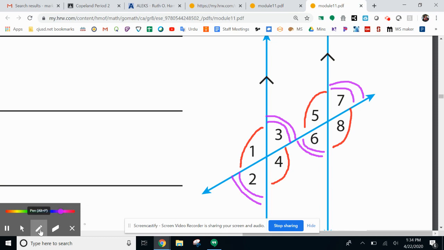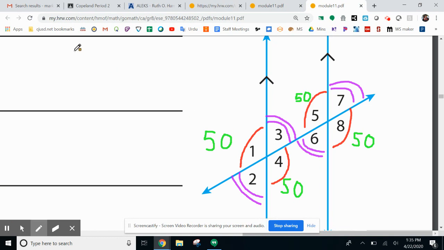So now, if I say that my angle measurement for number 1 is, let's say it's 50. So if angle 1 is 50 degrees, then I know that all these other red angles are 50 degrees. Bam, now I got 50 degrees. Now I got to figure out my purple ones. Well, if I know that this one is going to be 50, then what I'm going to need to do is I'm going to need to do